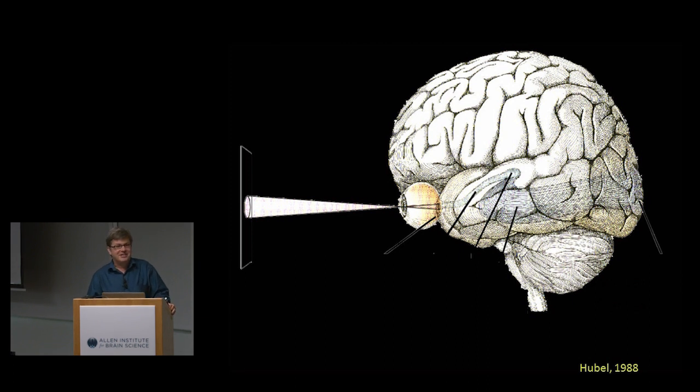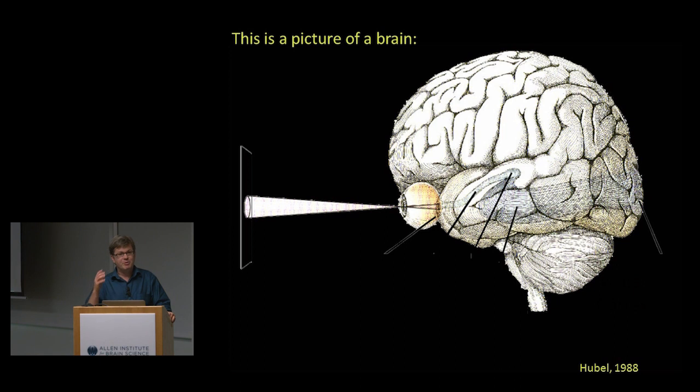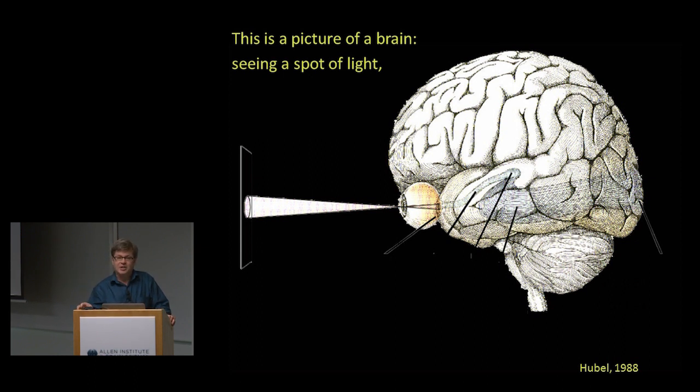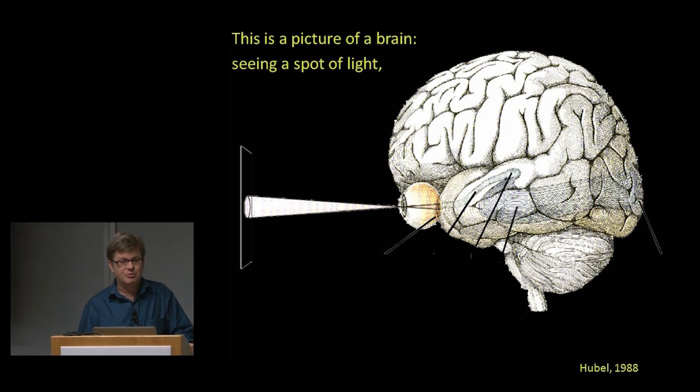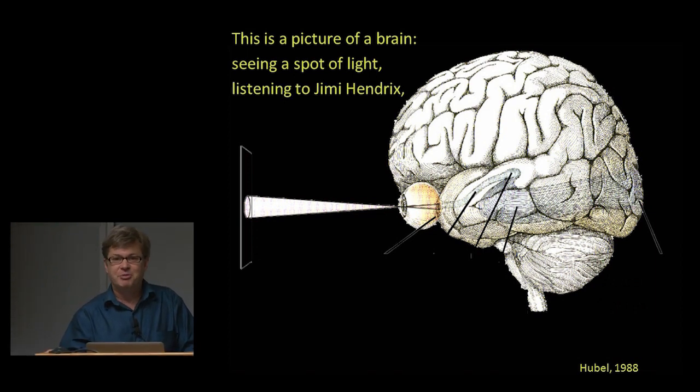So really, this is not the visual brain, this is the human brain. This is just a picture of the brain. And this, as I emphasized in the first lecture, this is the brain presumably seeing a spot of light. And I spoke for at least half an hour about how a single spot of light might excite the visual brain. But it's just a picture, and it might just as well be a picture of a brain of someone